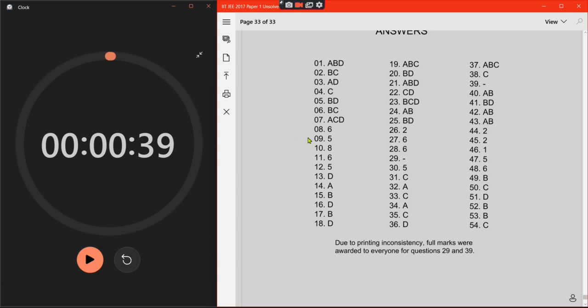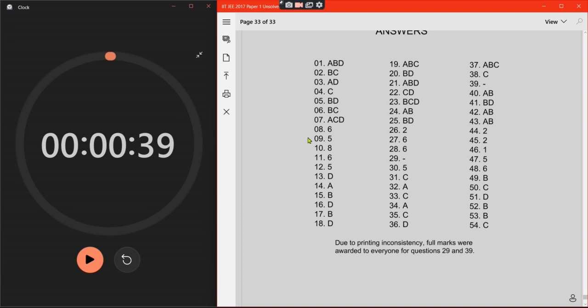फर्स्ट है ए बी डी, मैंने सिर्फ बी डी किया तो मैं इसको खुद को दो करेक्ट दे रहा हूँ। देन नेक्स्ट बी सी, देन नेक्स्ट ए डी, डी नहीं है, दैट्स रॉन्ग फॉर सम रीजन। फिर नेक्स्ट सी, ए बी सी किया मैंने, लेकिन ये कैसे हो रहा है यार। फिफ्थ बी डी इज करेक्ट, सिक्स बी सी, सेवंथ ए सी डी मैंने दो। ओके, दिस इज नॉट गोइंग गुड।